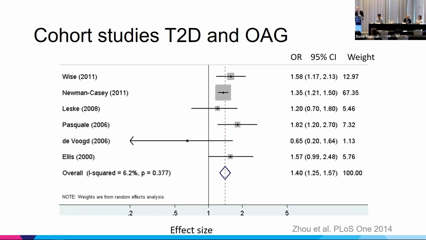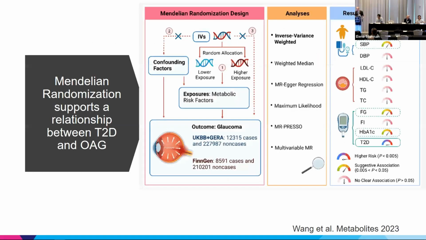in 2006. One of the criticisms of these kinds of epidemiologic studies is that they're subject to detection bias. So you're more likely to be examining diabetics more carefully for glaucoma than non-diabetics, and that could contribute to these findings. And you can't argue with that, but every study shows the same thing, including studies that post-date this meta-analysis in 2014. But then you can invoke the genetic argument, and this is basically relatively free of detection